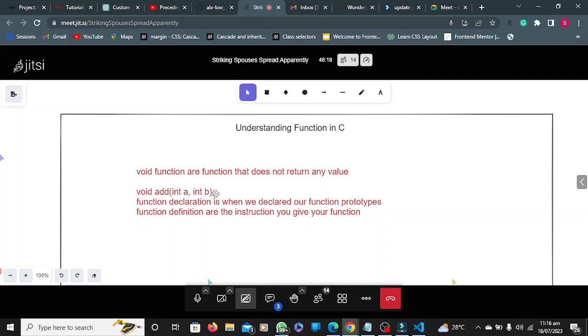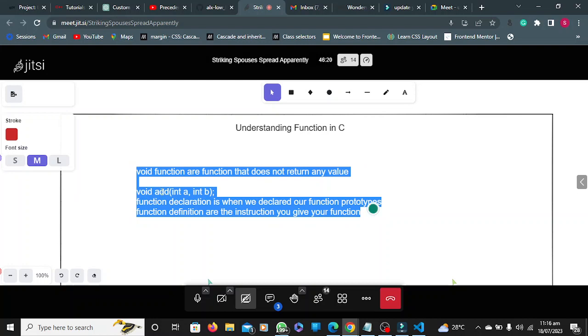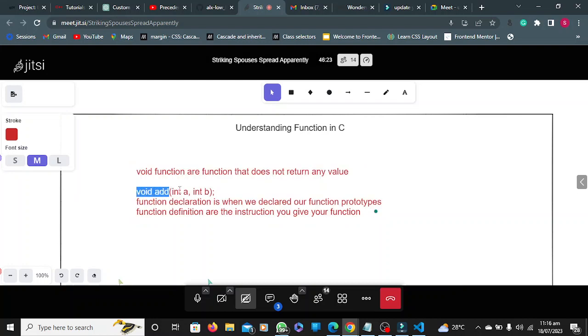Now like this is a function declaration, because I declare the prototype but I have not